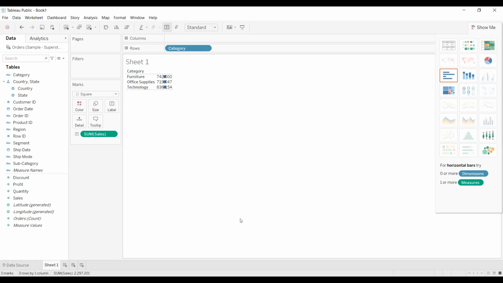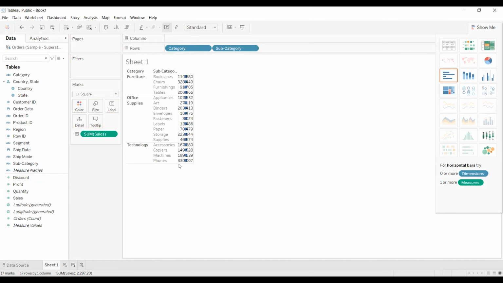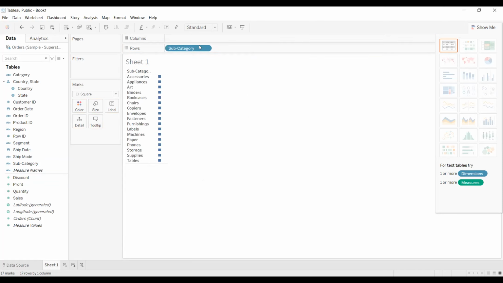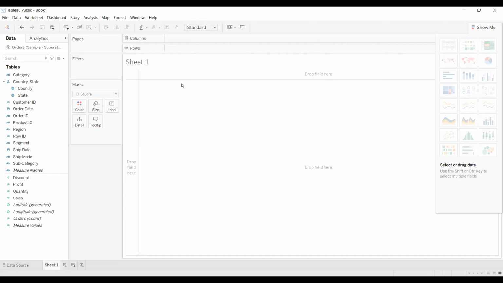So in order to do that, we can come to this subcategory and then you can just try different things until you get what you want. So we have the subcategories now. Let me just do it all over because I don't like this box that is showing. So we have category. I just dropped it on the